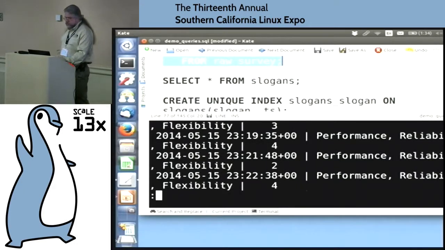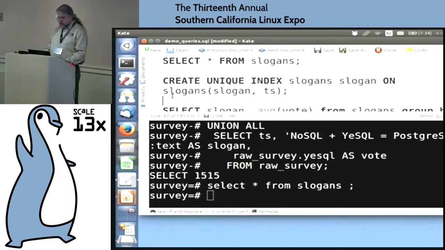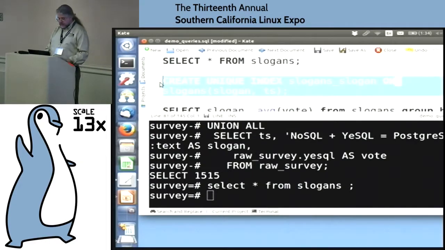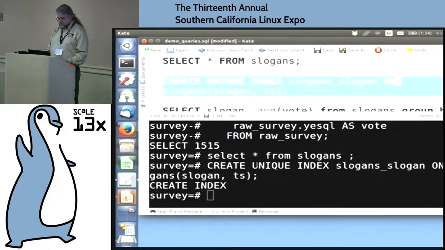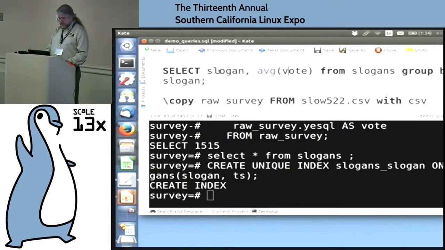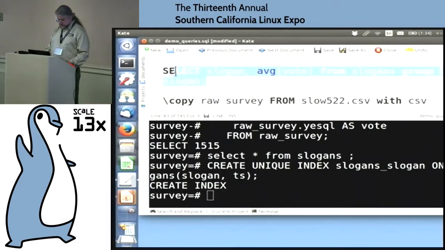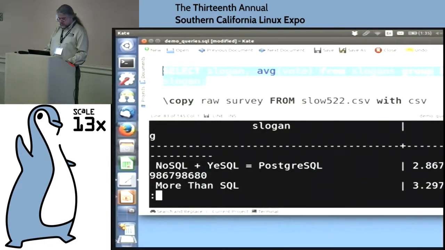As a matter of fact, because it's being stored, unlike a dynamic view, I can actually even create indexes on it. And then I can actually do computations on some of these. Like I can say, what was the average vote for each slogan? And look at it that way.